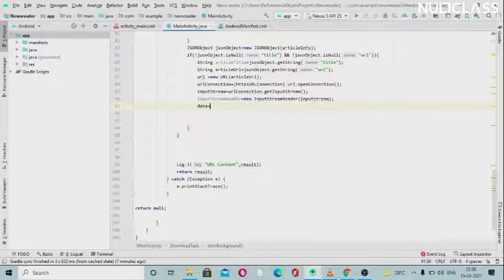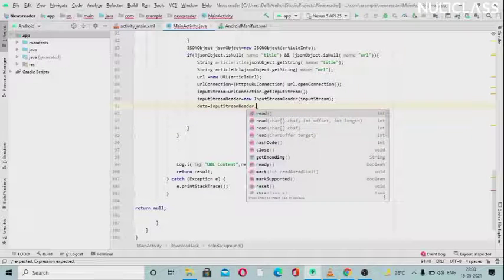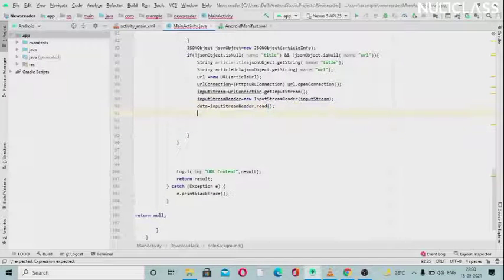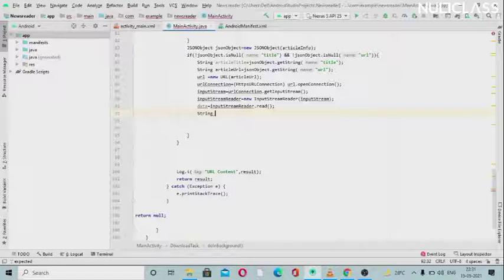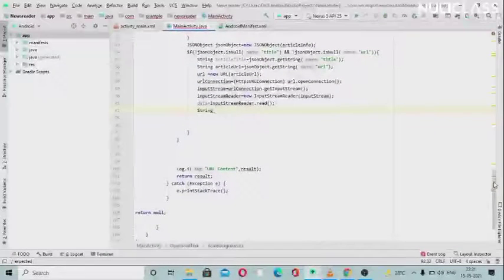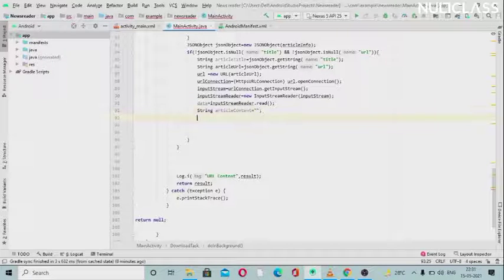So we will just use data, which will get input stream reader dot read. This is fine. So now we have read that. Now we will create another string which we will call article content. I think we haven't created one for article content yet, so we will use article content. We will take that as an empty string initially.